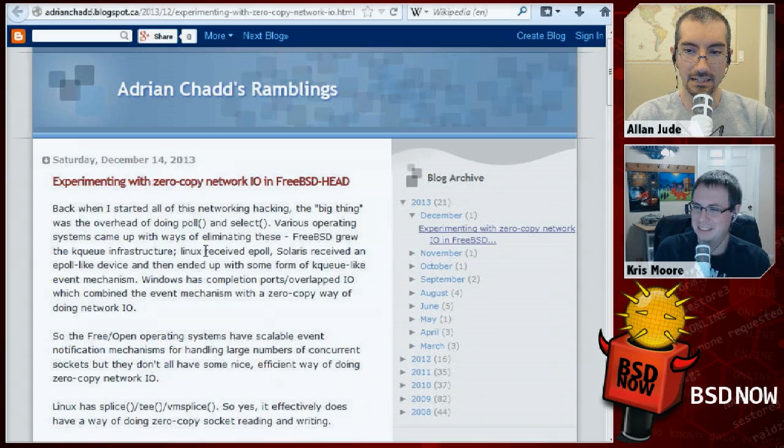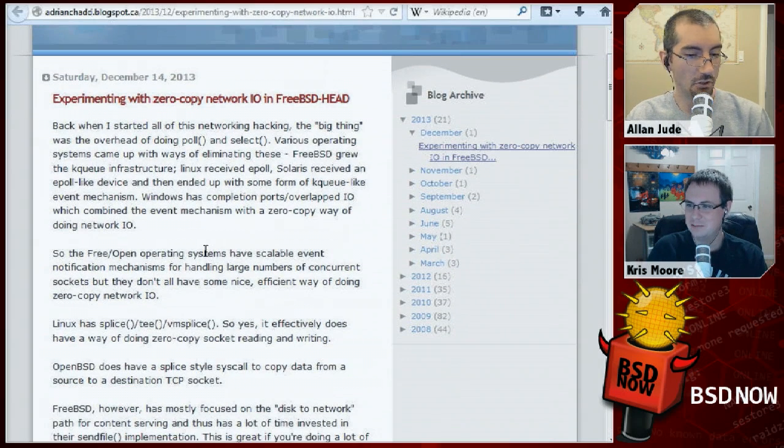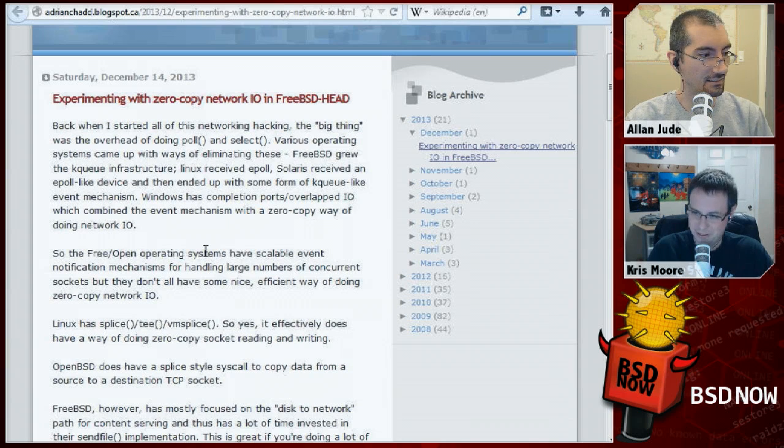The next one is from Adrian Chadd, who most people know as the wireless guru that does a lot of the wireless stack work for FreeBSD. But now his day job is at Netflix, doing network performance tuning. Why would Netflix need that? He's been working and managed to get up to 35 gigabits per second pushed out of a single machine using,